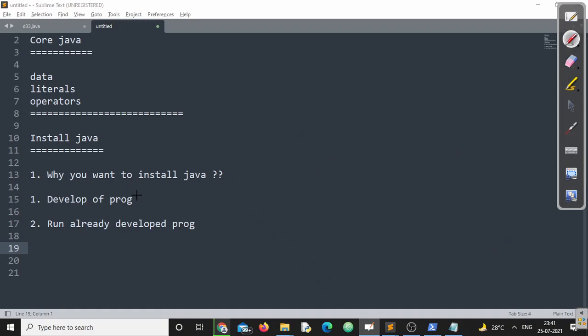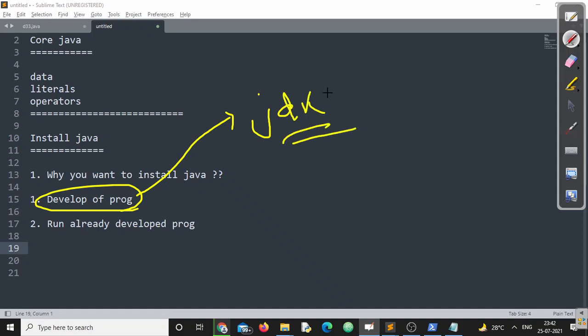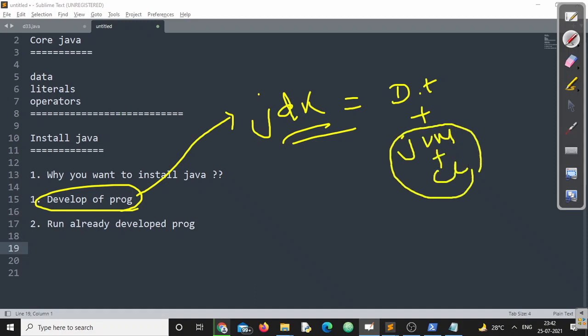If you are a programmer and you want to install Java to develop programs, you need to install a component called JDK. What does JDK contain? It contains some development tools followed by JVM with class library. So this is what is called JDK.